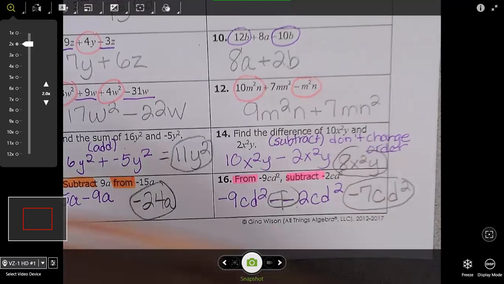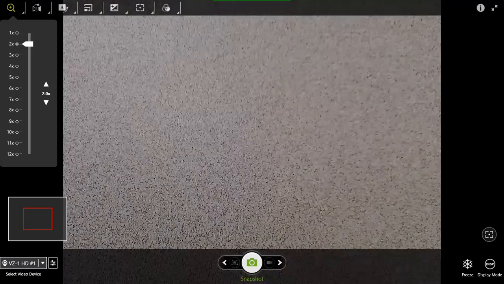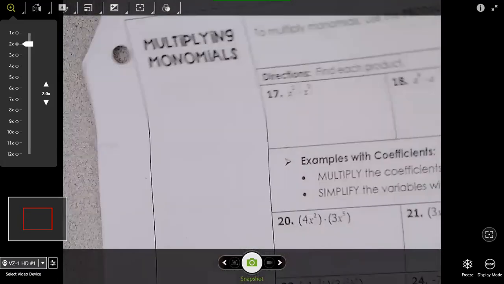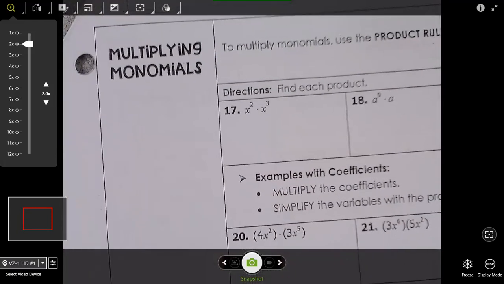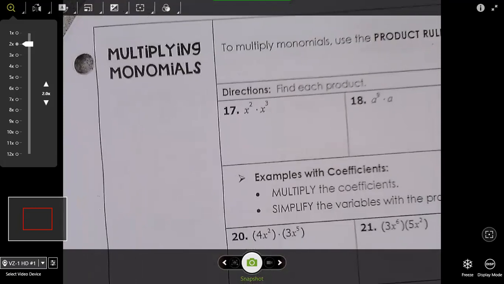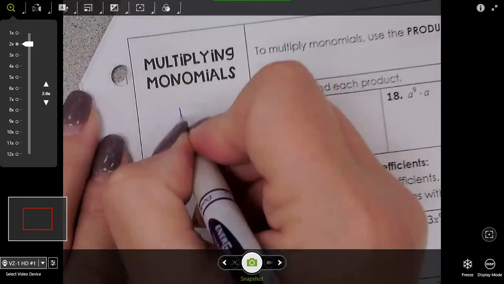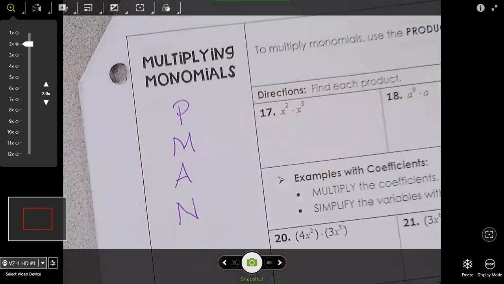All right, so now these are pretty much kind of a review, pretty straightforward, but turn the page. Okay, so what happens? I love this since I understand it. It's so fun once you know the rules. Okay, now we're going to multiply. So basically the adding and subtracting is just combining like terms. We just have to make sure we have like terms. Okay, so let's come back over here on our side and let's write P-man again. And you know what? This is crazy, but whenever I see this, hold on,